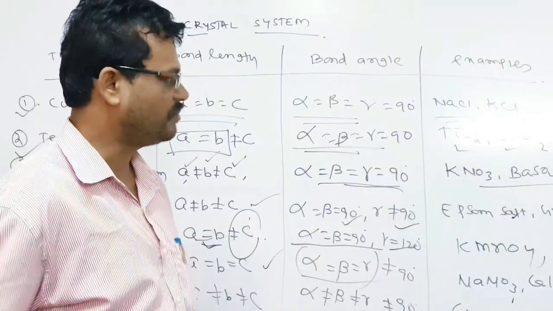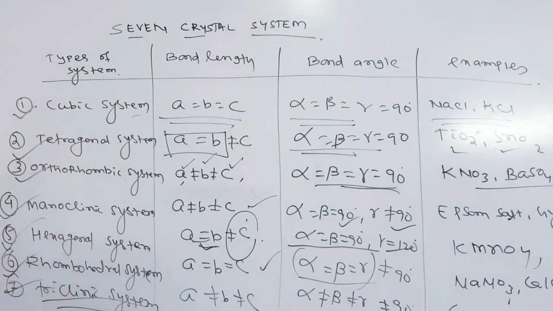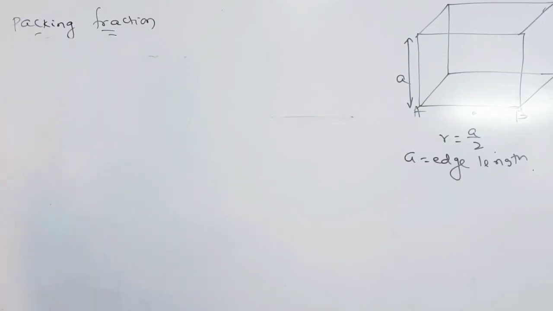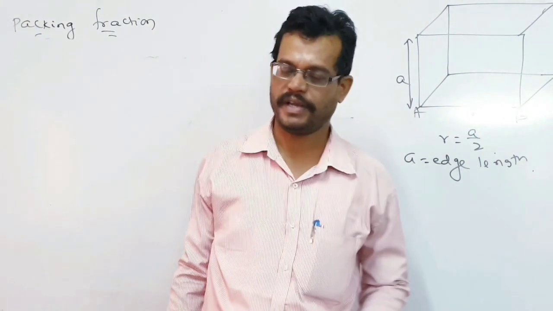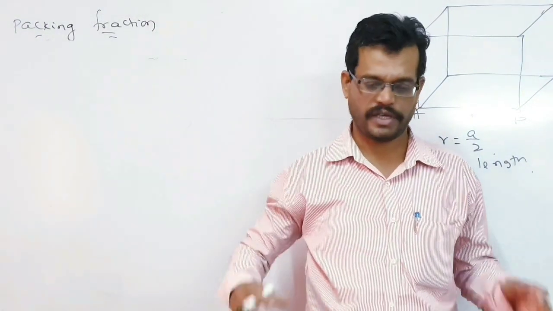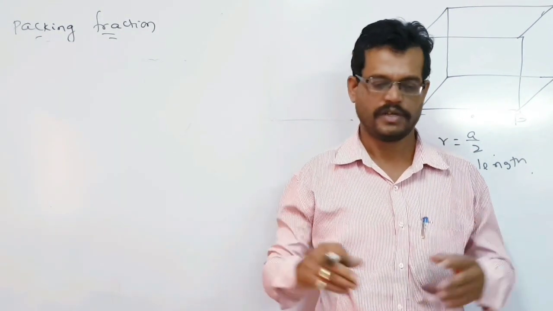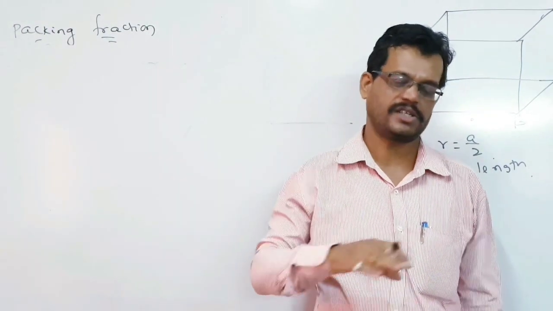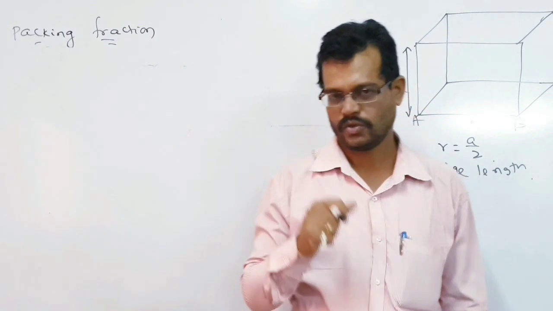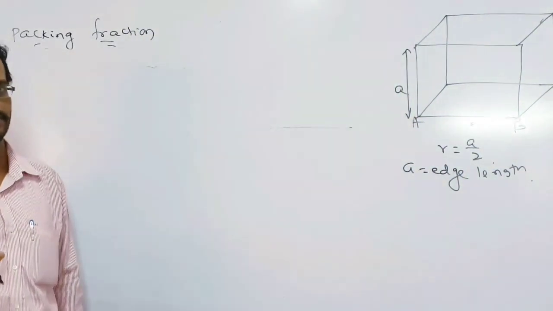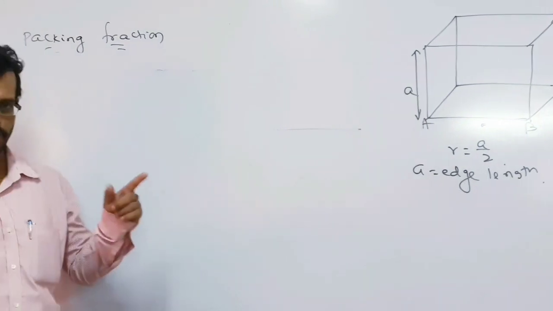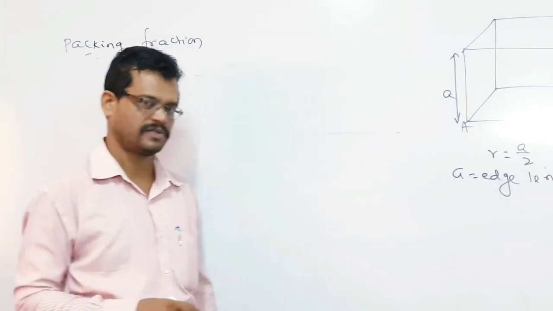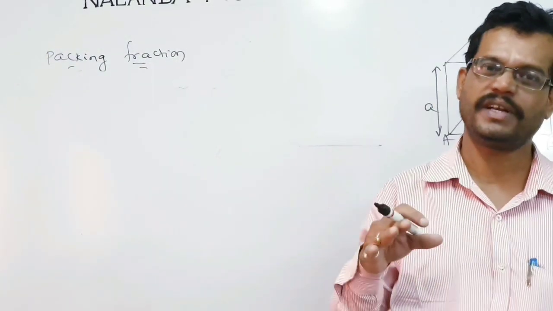Okay. The next topic is the arrangement of solids. Let us look here, students. You have to see what packing fraction is. Packing fraction means that whenever atoms or unit cells are arranged, some space is left over and some space is occupied. So what is packing efficiency? It is the percentage of the total volume of the unit cell that is occupied by the volume of the atoms present in that unit cell.